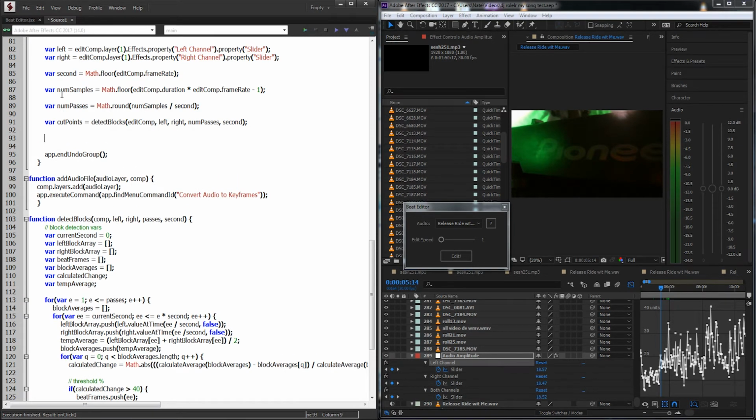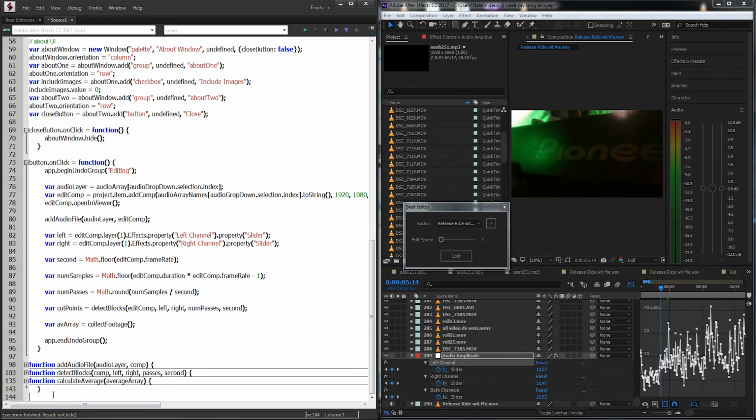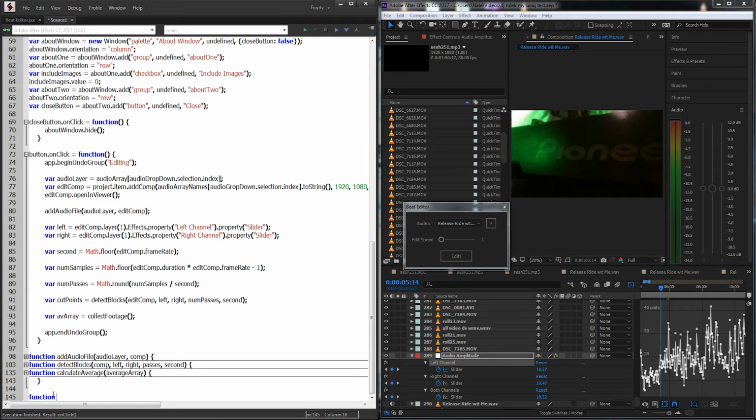The next thing we need to do is actually grab our footage to cut it. Now that we have the information of how we're going to cut it, we need something to cut. So I'll create a variable called AV array, which just stands for audio video array, or video array in this case. And we're going to set this equal to a function that we're about to make called collect footage. We don't need to pass any variables through this, and it's a fairly straightforward function. I'll go ahead and minimize these so we can see a bit better, and I'm going to create our function called